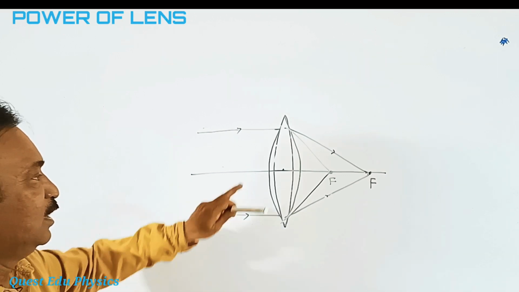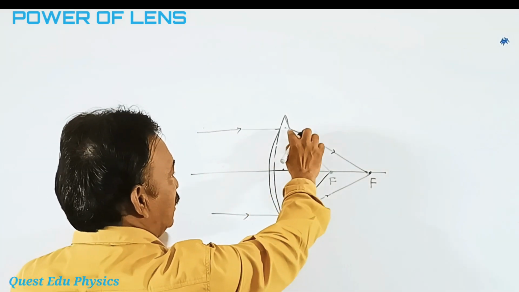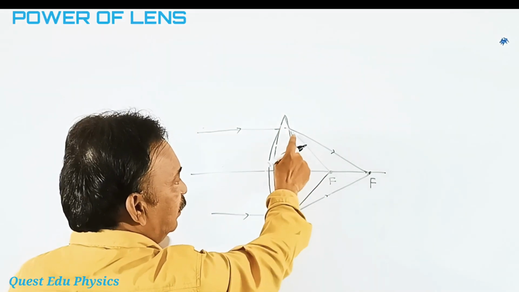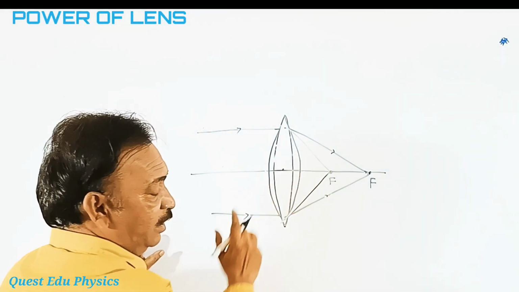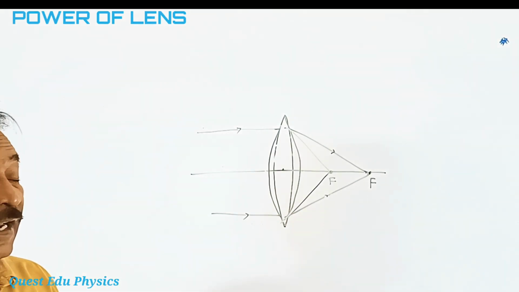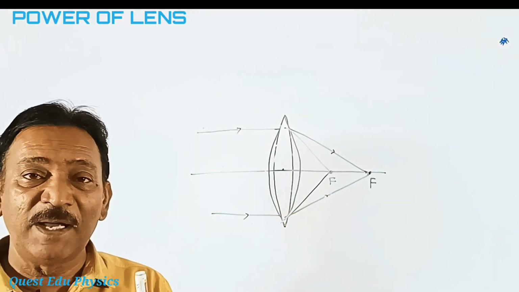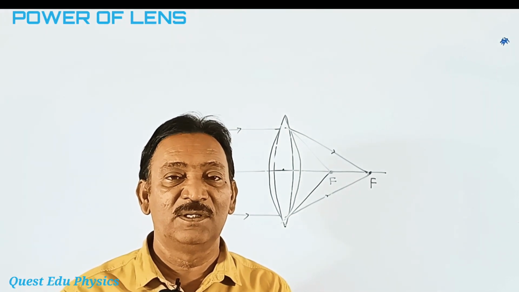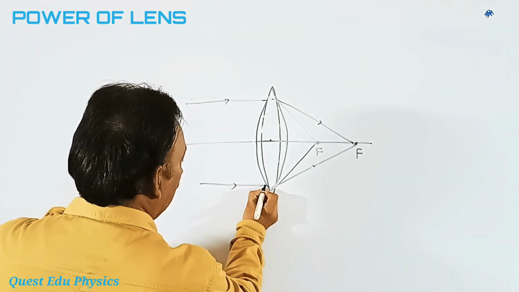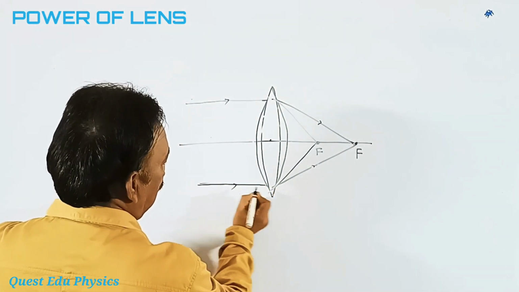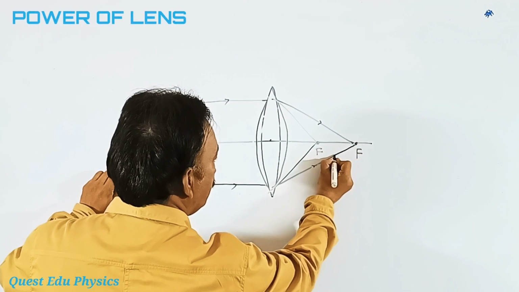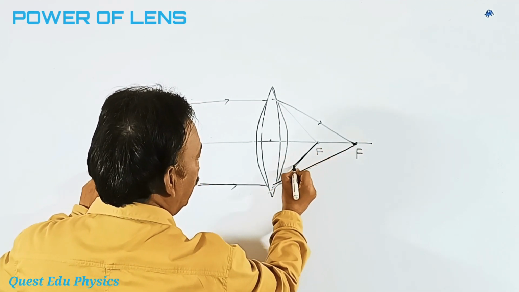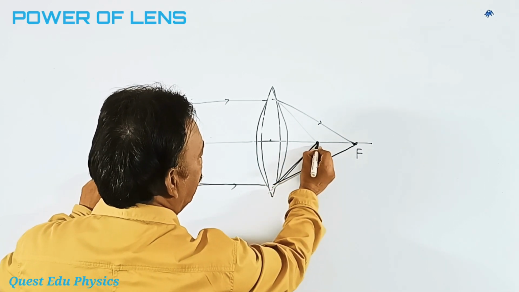Okay, students. See this curvature. The thickness is increased here. That means the bending capacity of the lens is increased. This bending capacity is nothing but the power of the lens, students. See, here it concentrated at a particular point. Now these rays met